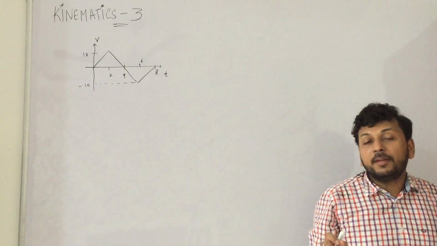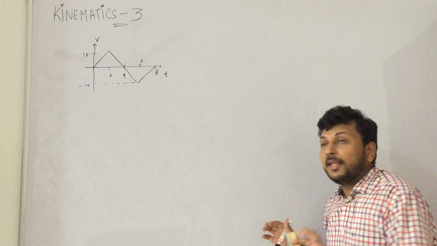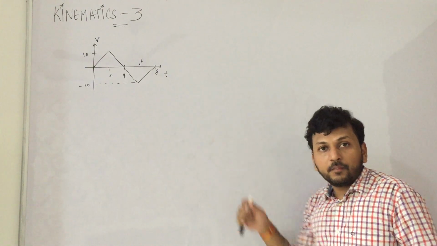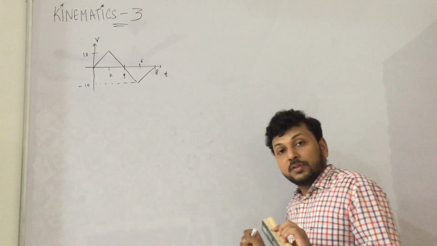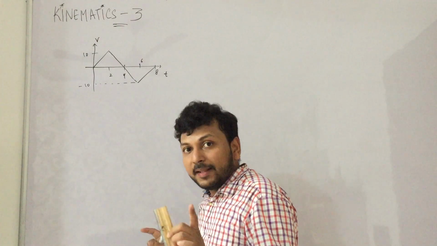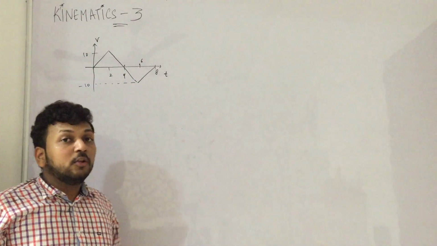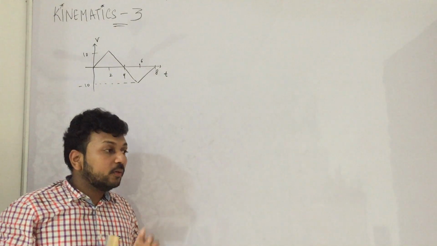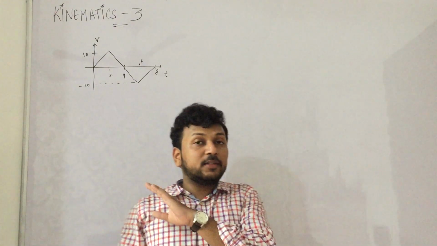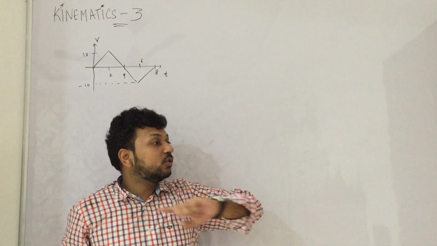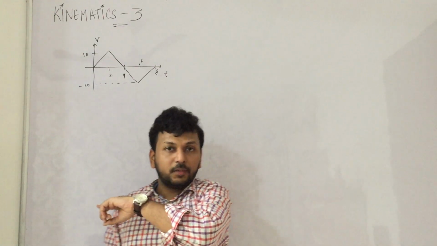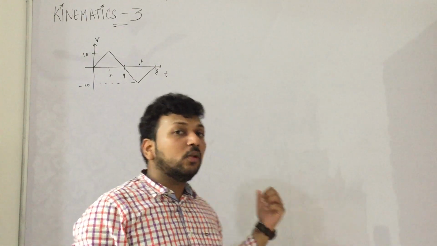Now at 4 velocity becomes 0. Then the velocity becomes negative, the graph goes below. Then he will accelerate up to 6. Then he will apply the brakes. At 8 he or she will stop. Yeah, so this is the motion. So that means the position, now it is very much clear to me from the graph only, the position will increase, the position will decrease. Yes, this is clear to me, and this will only happen.